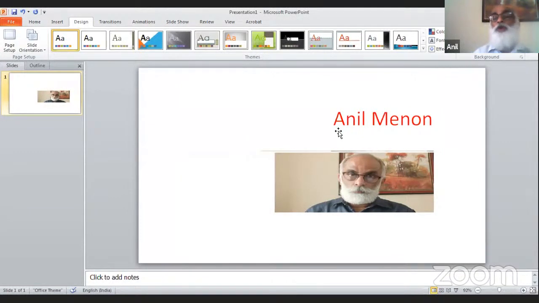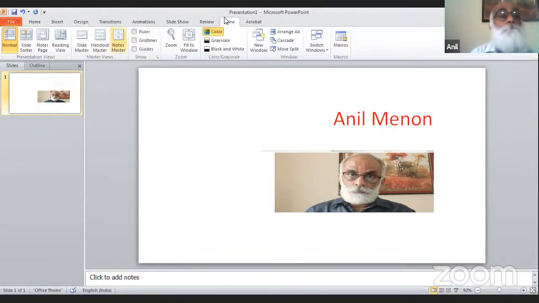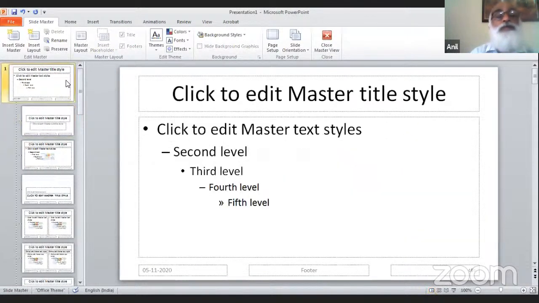Did you see what happened to the photo? Yes, sir. It gets stretched, so you have to be careful. Meaning, if we make all the presentations 4:3, it does not look good, and if we say let us do it in a wider screen, then in every slide our pictures will get stretched like this. Okay, so you need to be very clear on what kind of size you need. Let me go into the slide master and